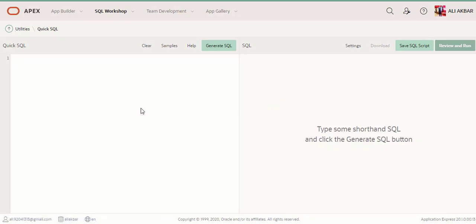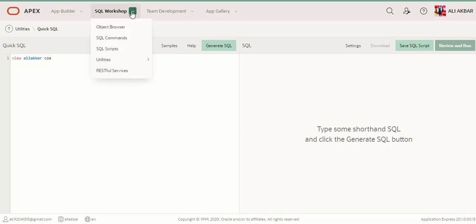Now I'm creating a view in front of you. I just type view, then the view name, Ali Akbar, and then the first table name and second table name. My table name is COA.